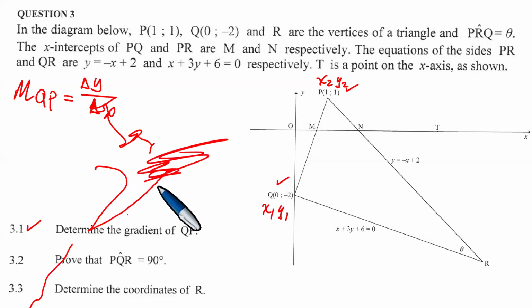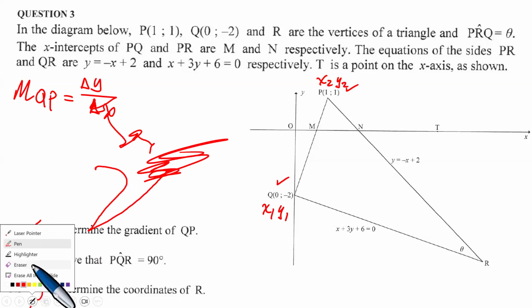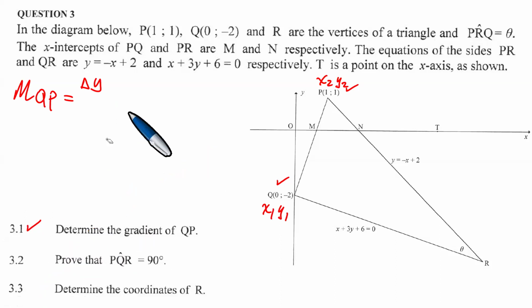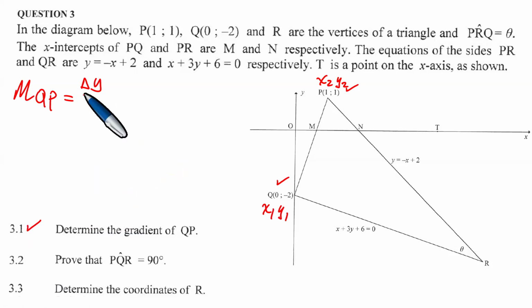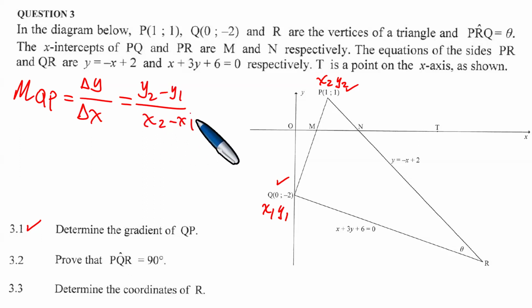So it is delta y over delta x, which is exactly the same as y2 minus y1 over x2 minus x1. In which case we continue to say,